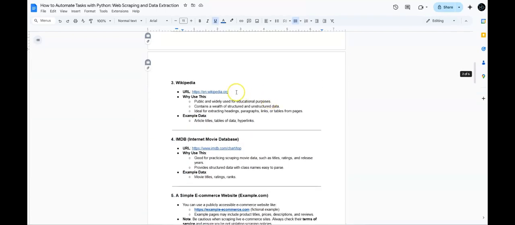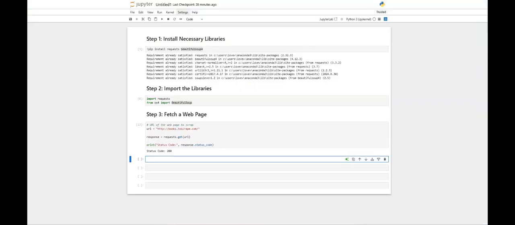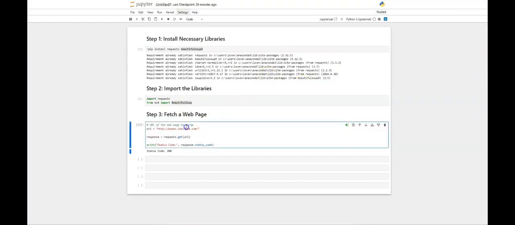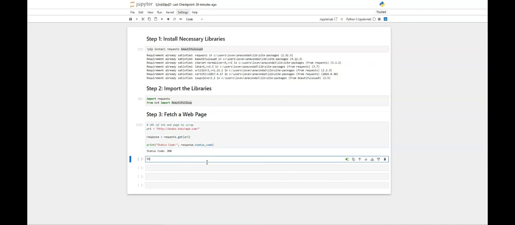So whatever one you want to use, you can simply copy this URL here and paste it into this part here where we're using the URL. And you can brainstorm on other websites to grab that information for practicing scraping from these websites. So we'll go ahead and move on to step number 4,